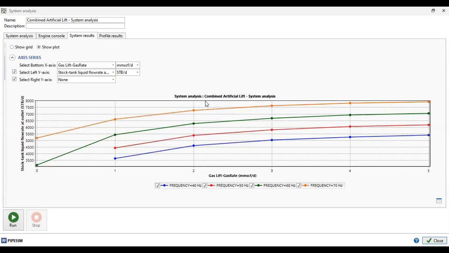All right, by looking at this one, you can do system analysis, you can do economic analysis, so that finally you can select at which frequency you will run the ESP operation, and at what rate you will inject the gas for your gas lift. All right, so I think that's all. So at my session, we have discussed many things regarding the node